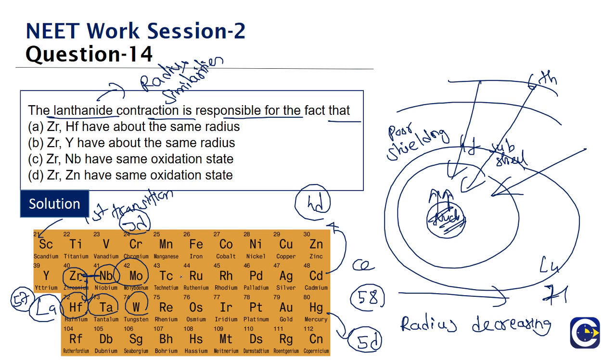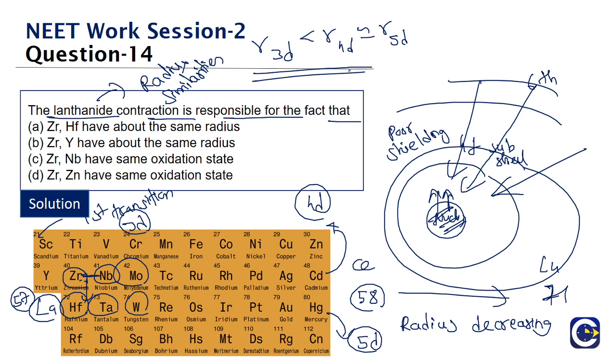So the corresponding elements of the 4D series and 5D series end up having similar radius because of the lanthanide contraction. The poor shielding effect of the 4f subshell electrons is so significant that even the extra shell added is pulled closer. If you look at the radius trend, the radius of 3D series elements will be less than that of 4D series elements, but almost comparable to the radius of 5D series elements. This is what we have as an observation.